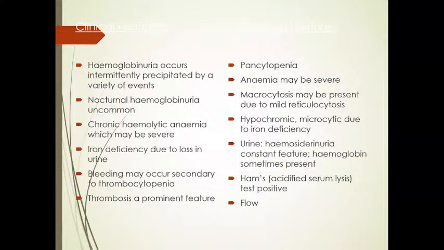And so that might reflect as a macrocytosis on your FBC. On the other hand, you could also have iron deficiency, but that bit might be a bit TMI for this level. If they do get iron deficiency, of course, it would be microcytic hypochromic. In your urine, you can get a hemosiderinuria, sometimes you get a hemoglobinuria, and we often talk about a Ham's test or lysis, increased lysis in acidified serum, because the cells are not able to protect themselves from complement degradation